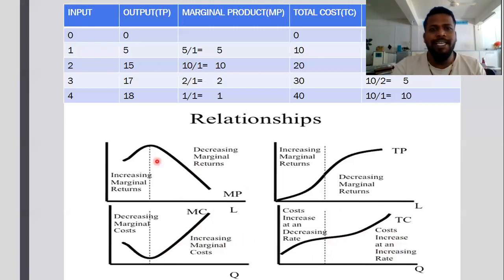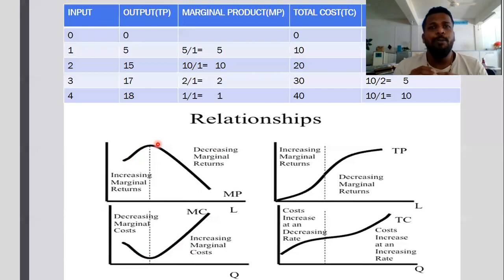Our topic is the relationship between marginal product and marginal cost. Why? In the initial stage, marginal productivity is increasing at an increasing rate. That means the total productivity of the labor is very high. When you employ one labor, that particular labor's productivity is very high. For example, he can produce more output. In that situation, you receive more revenue.